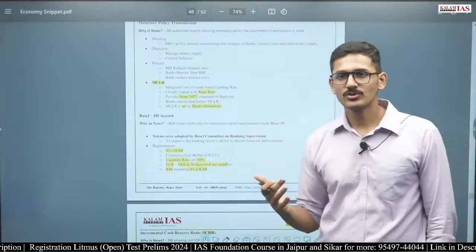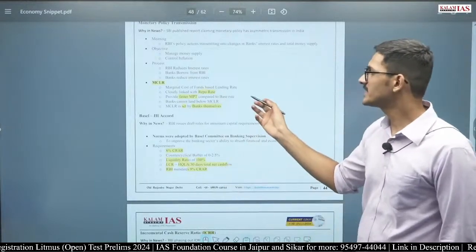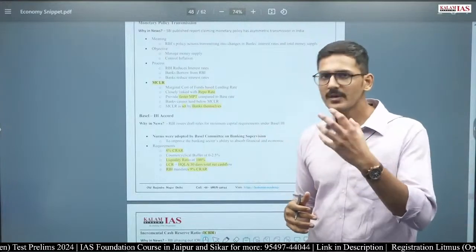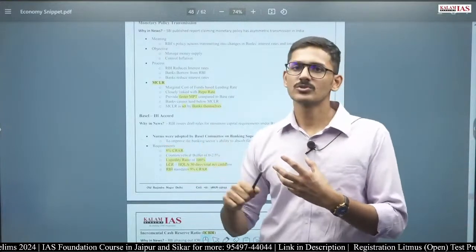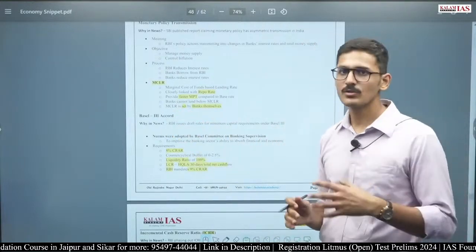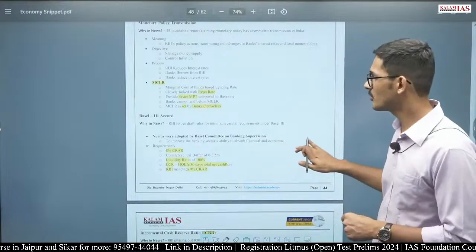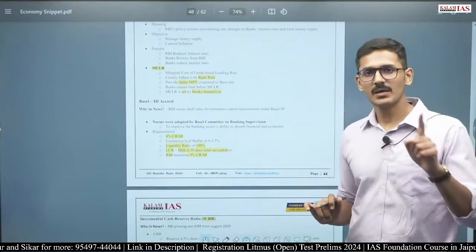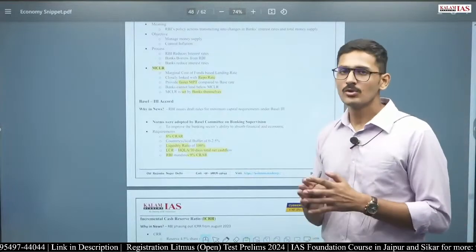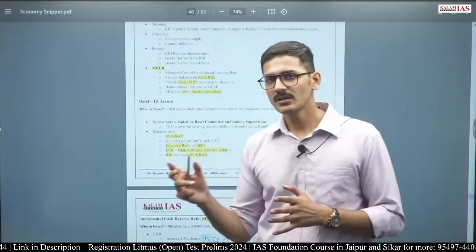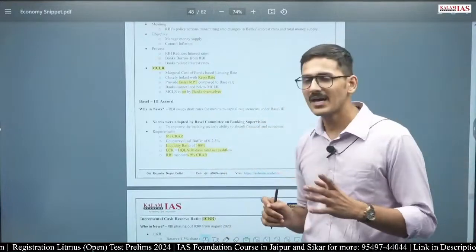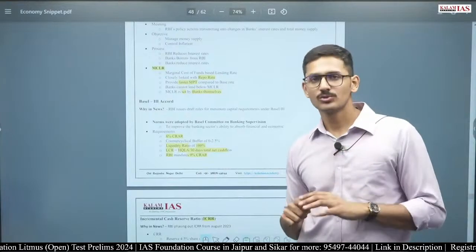There is also the marginal cost of funds based lending rate. It is linked to the repo rate, and whenever the RBI reduces the repo rate, the banks have to reduce the MCLR, and as a result, all the loans that the bank is providing will also have to reduce the interest rate. But MCLR is set by banks only. So RBI will say that you have to link MCLR to one of the external benchmarks. For example, repo rate is one of the external benchmarks. There are other external benchmarks also, but RBI will not say how much MCLR you should set.